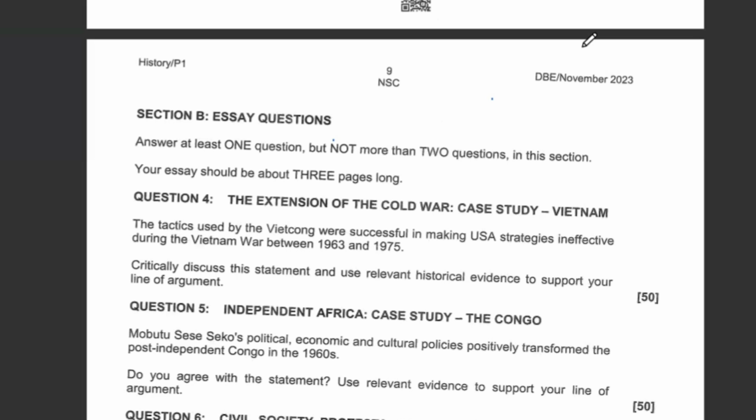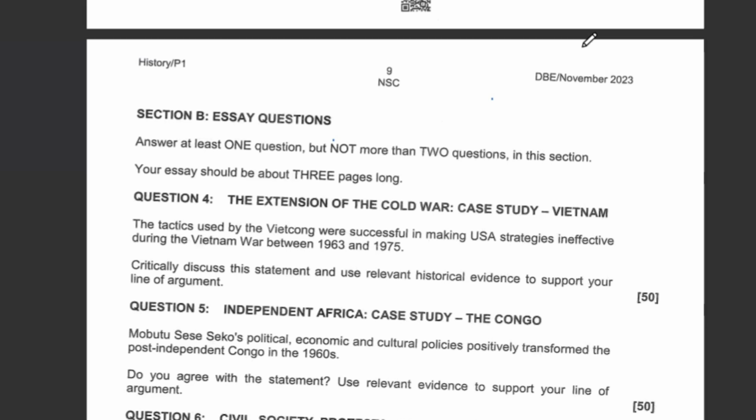Right. The Tet Offensive was more or less similar to guerrilla tactics. But in this instance, it was no more man-to-man. Now, the Viet Cong guerrillas were attacking cities which were controlled by the USA. They were targeting the cities that were controlled by America during the war, and they were using unconventional strategies again. Remember, the Americans didn't know when a particular city was going to be attacked. It was just attacked out of surprise.